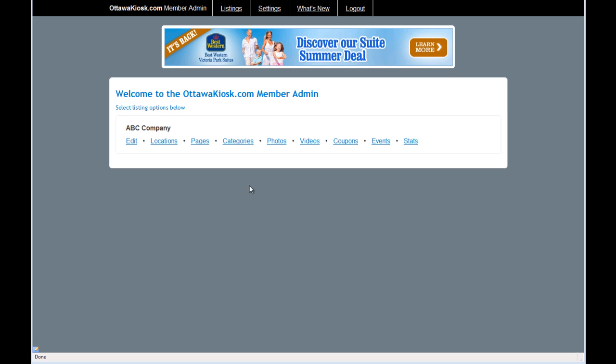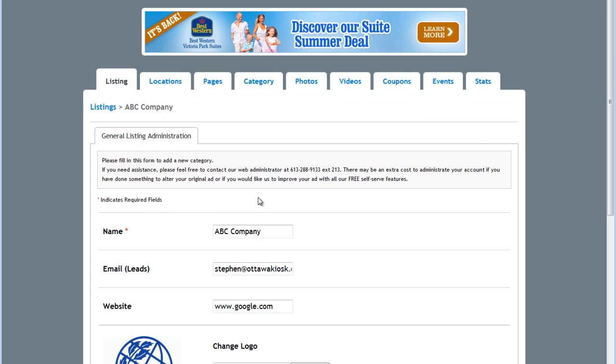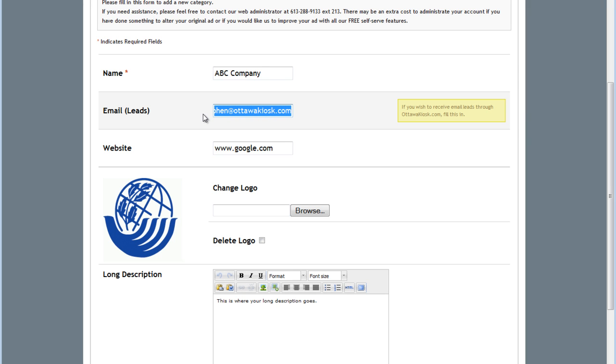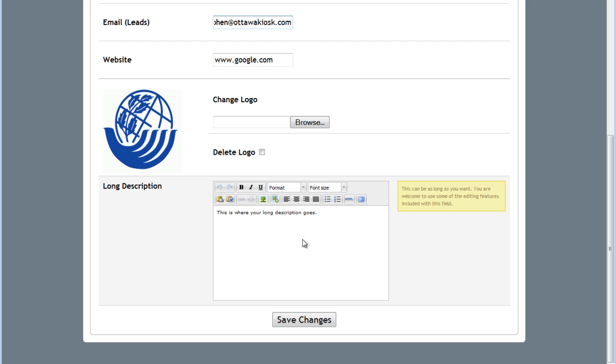Once on the home page of the Ottawa Kiosk Member Administration Control Panel, you can click the Edit button to change some of the basic information that is within your ad. What you can see here is the information that you can change includes the name of your business, whether you want to receive email leads from your website or from your ad. This one here, I'll show you what happens when you do not include an email address here. Your website address itself is here. If you want to change your logo, and of course, if you want to change the long description of your